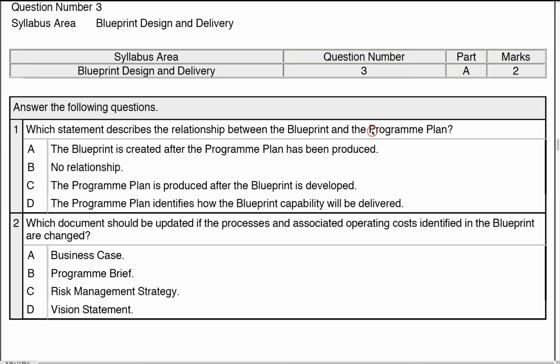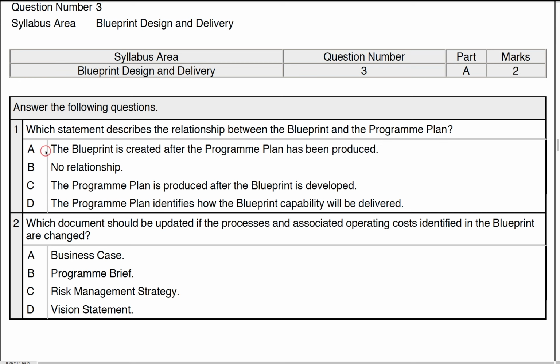So there is a direct relationship between the 2 of them, and they're all working in tandem as we build the blueprint and update the program plan along with them, along with project dossiers and other such mechanisms and documents that we might need to have in place. Certainly those 3 at this point. So let's have a look at the statements here to see which one is more relevant to